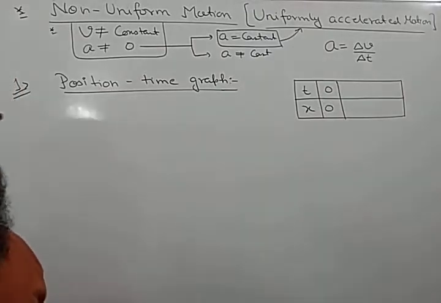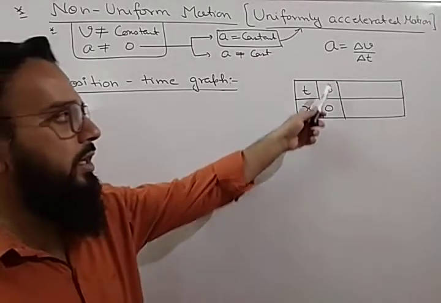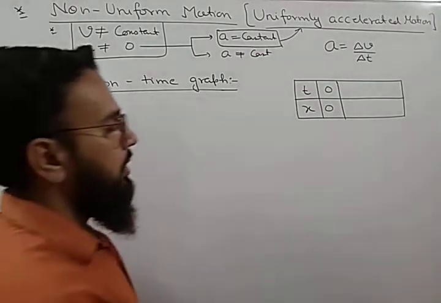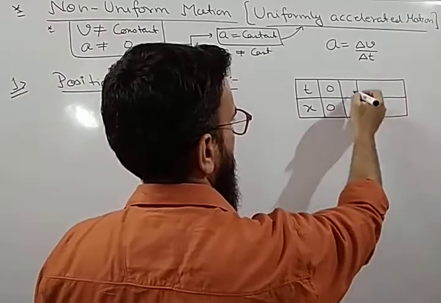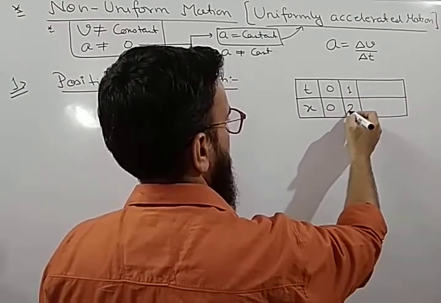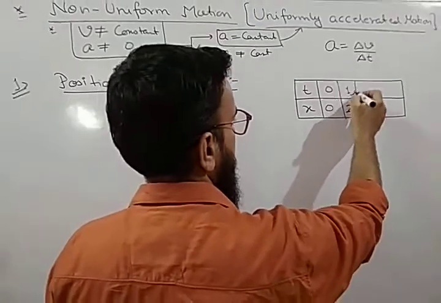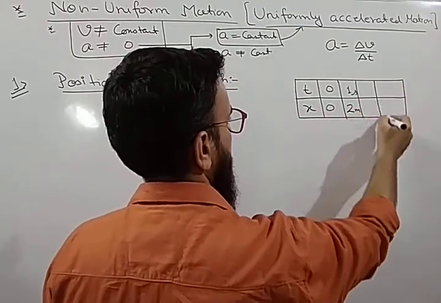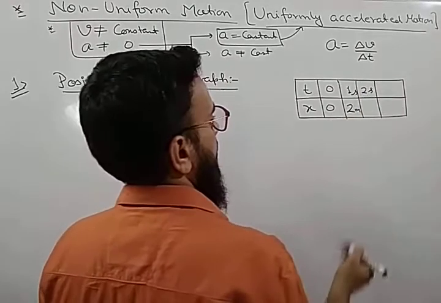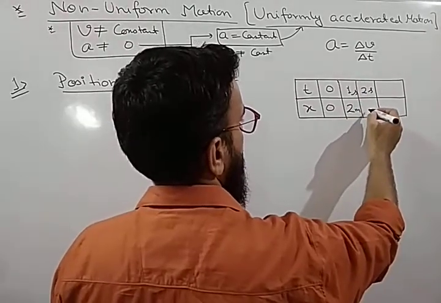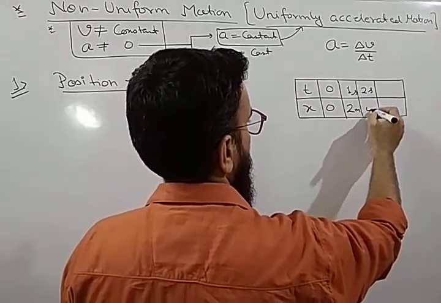Initially the particle was at the origin, at t equal to 0, x equal to 0. Then after 1 second, suppose the particle is at point 2. It has covered a distance of 2 meter. Then after 2 seconds, it has covered a distance of